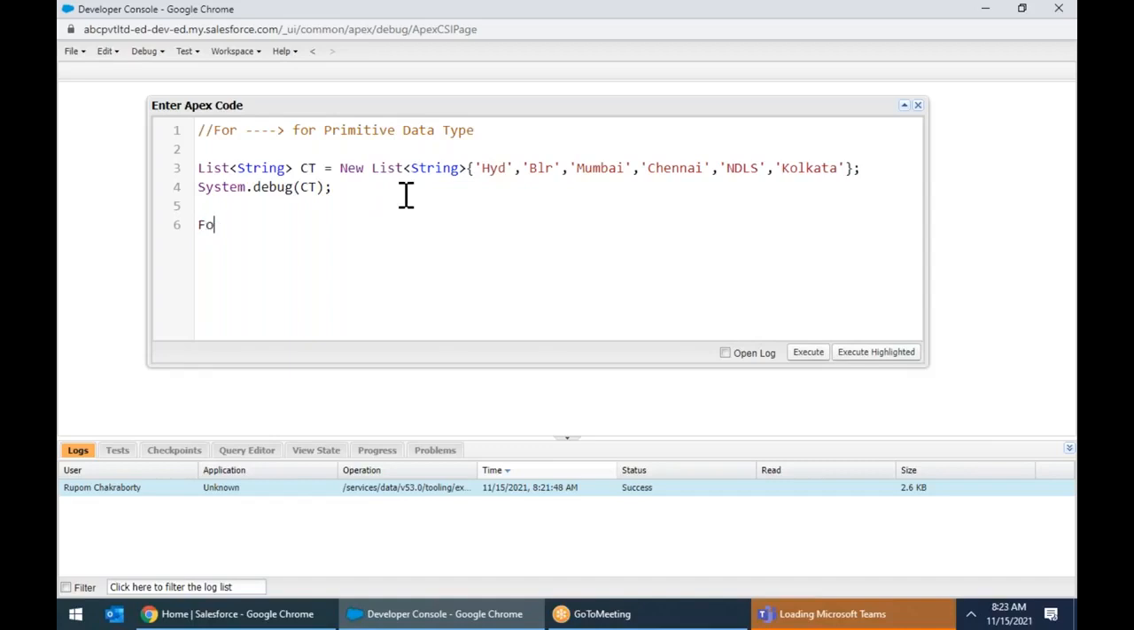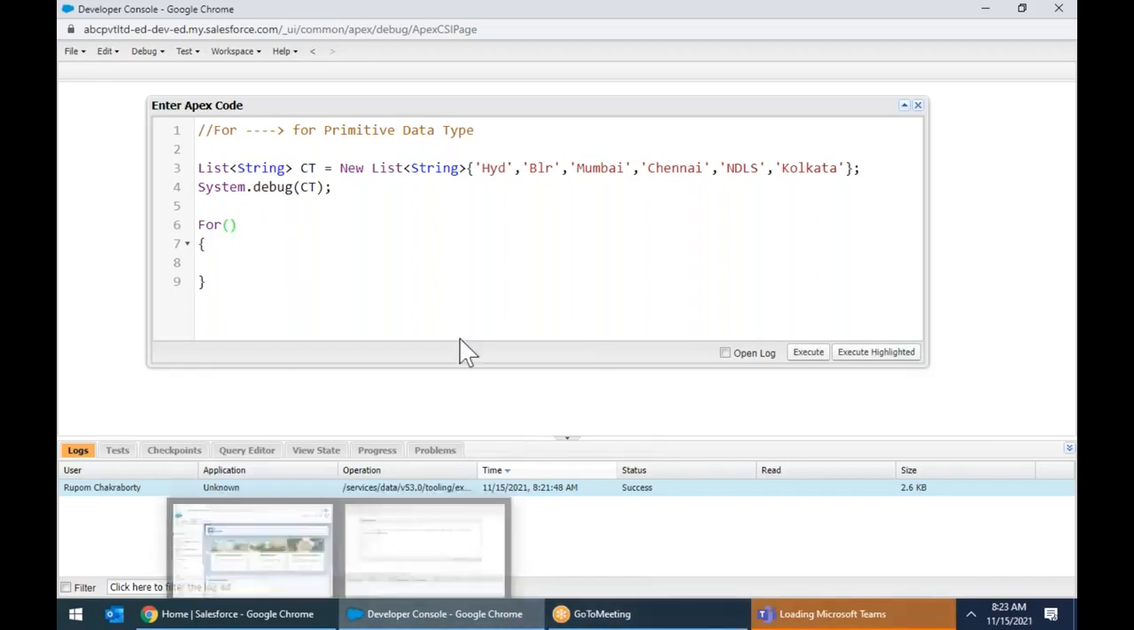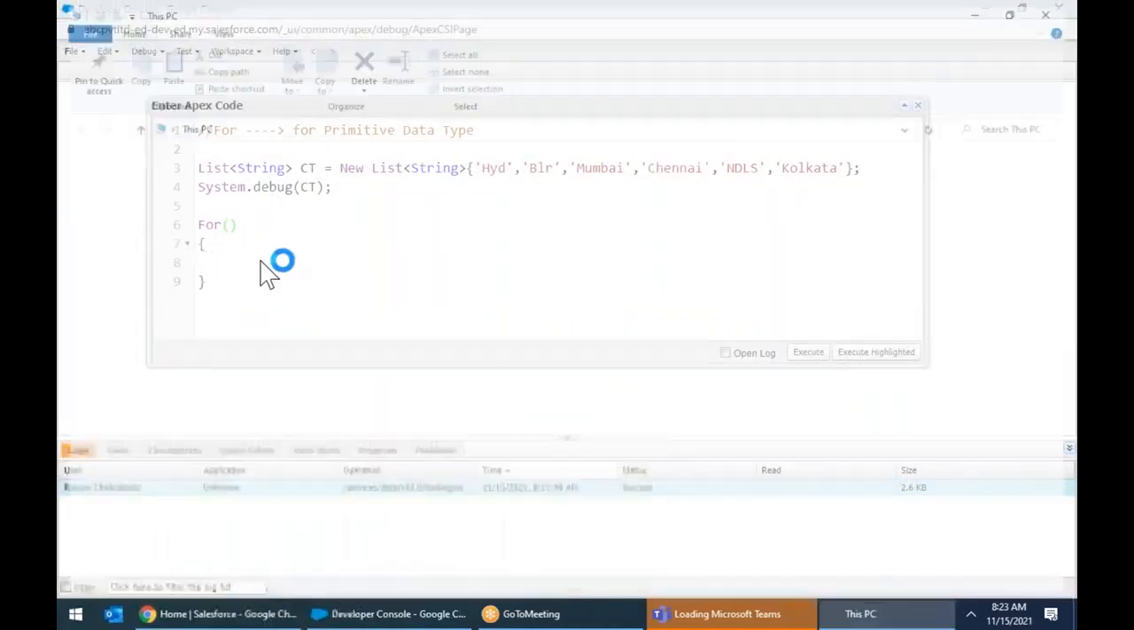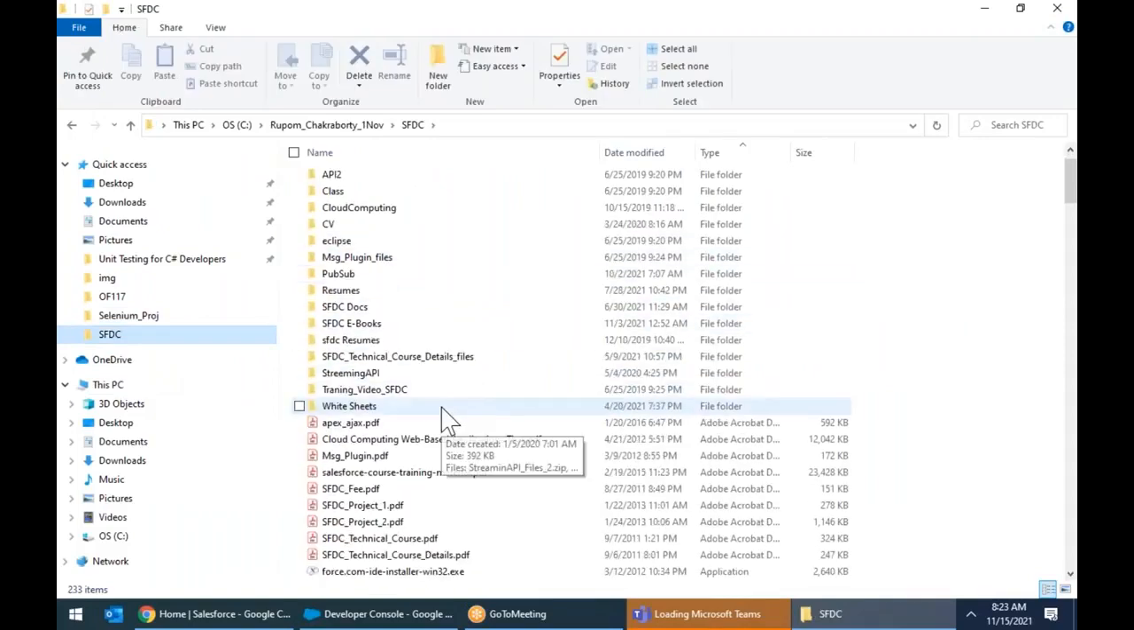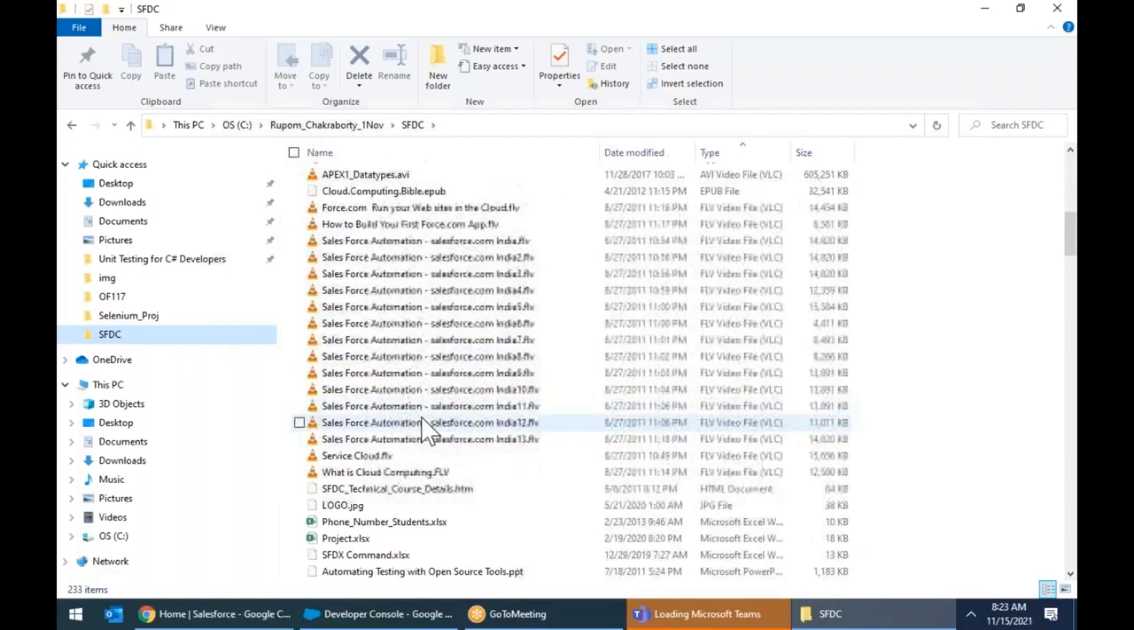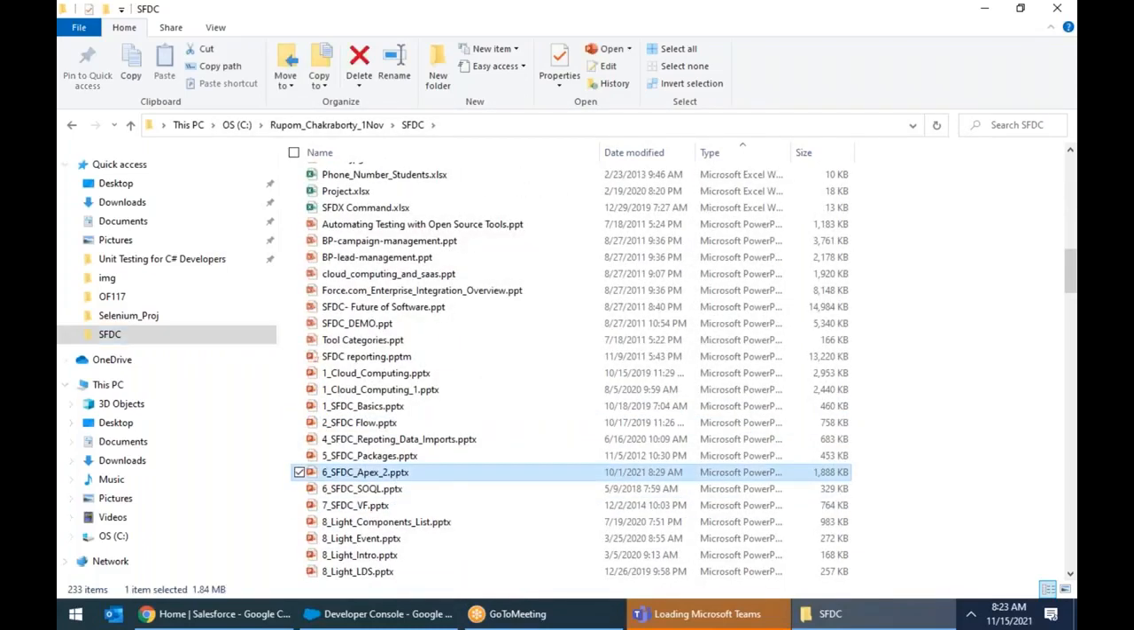For. The loop is for. There are two ways to write it. Let me give you the structure first. Start writing for primitive data type. Put a note. There are two ways you can write the for loop in primitive data type. Number one,